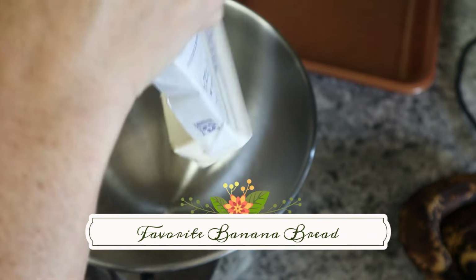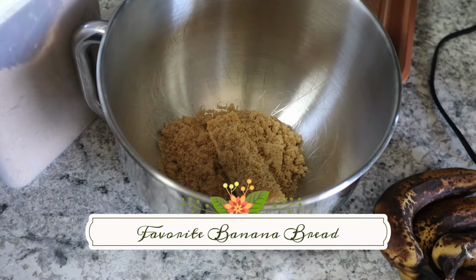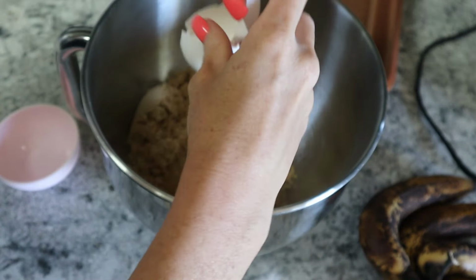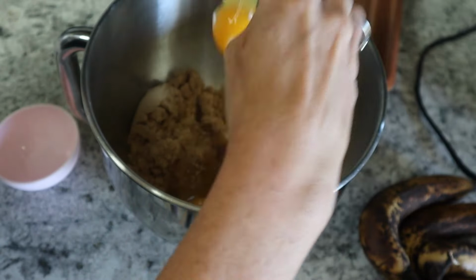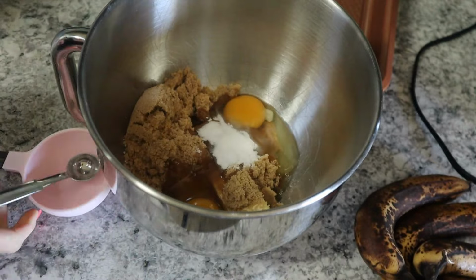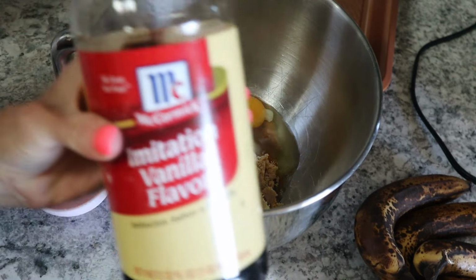Okay, we're gonna call this my favorite banana bread, but I actually have 2 favorite recipes. This, I'm just throwing it all in the mixing bowl because like the other recipe, I don't listen to the instructions. I just do my own thing and it works out. So all I'm gonna do is I am throwing in